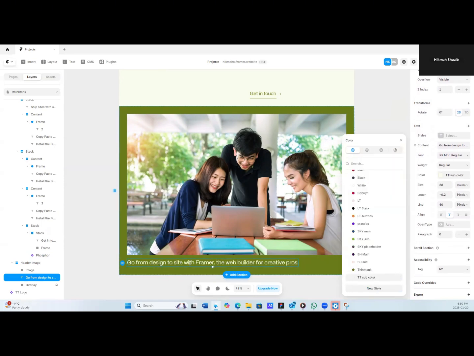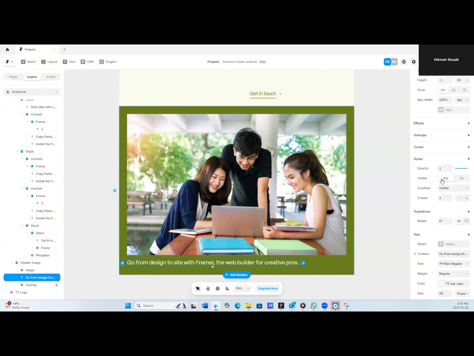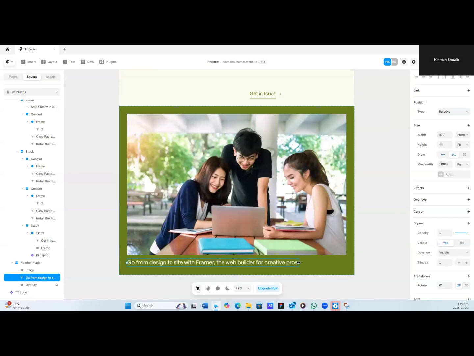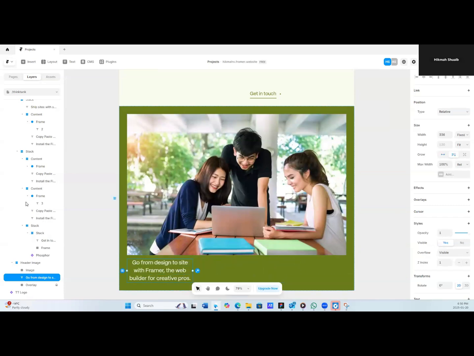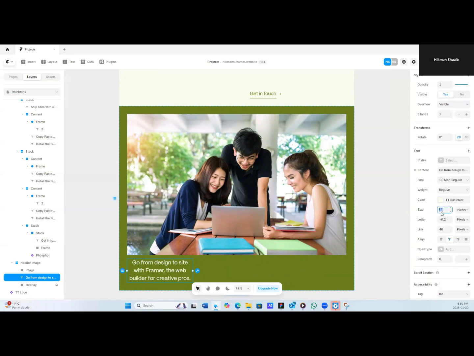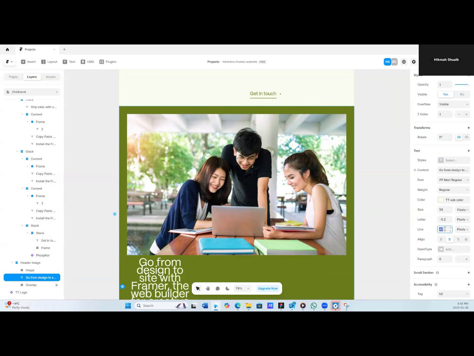I think it's going to be something like this. The size is going to be 56, 68. I'm going to show the reference website at the end, but I just want us to be as close as possible. Then you can see if we actually did almost the same thing with them. So, for the text, let me just change this to